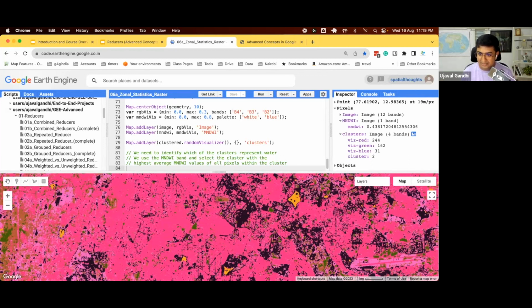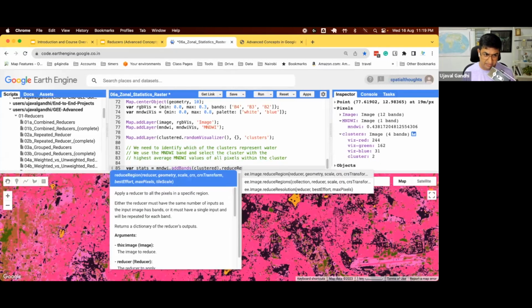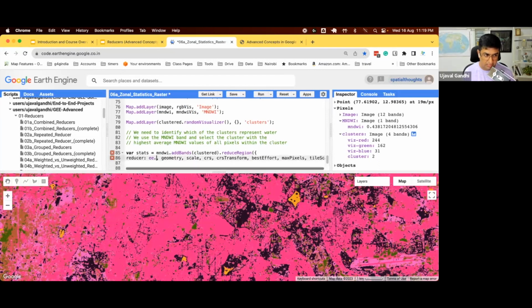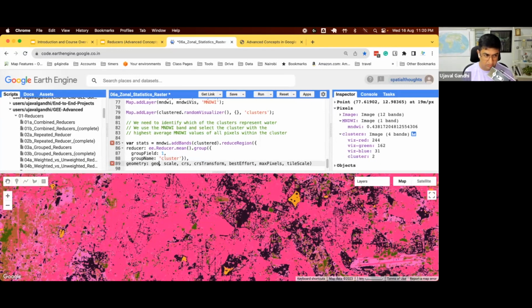Okay, let's see how we can implement this. So we'll compute stats. We have our image. We have our NDWI image, which is a water image. We want to compute the average NDWI value for each cluster. So we'll add the bands of the clustered image. We have a stacked 2-band image, NDWI and clusters. Let's run reduceRegion. We'll apply the mean reducer, but not just any mean. This would give me the average value of NDWI in the whole region. I want to group it by the second band, which is my clusters. And I'll just name them clusters and run this whole operation on my geometry at